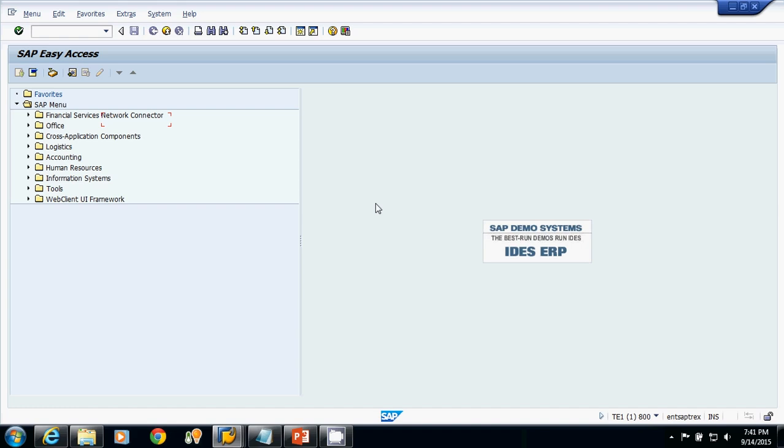Now we have the second term, that is transaction code. What is a transaction code? A transaction code is a shortcut for accessing those ABAP tools. So when we start with the introduction of SAP ABAP, we must know these two terms. First one is ABAP Workbench and second one is transaction code. A collection of ABAP tools is called ABAP Workbench. To access those tools, we have a shortcut that is called a transaction code.